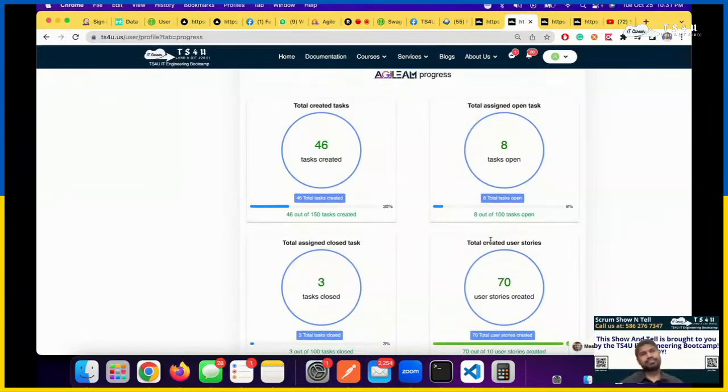Okay, I have one question. Go ahead, please. Whatever we do in Agile ALM, does this data get stored in the database? In the Agile ALM database, yes. So even people who are not part of the TS4U, whatever they do, their data is still in the database. So if they create an account later on, we can always capture that data from Agile ALM, right?